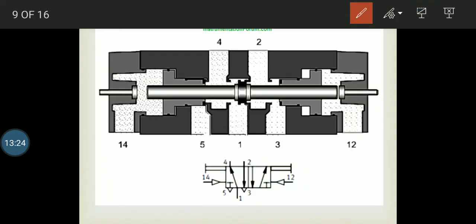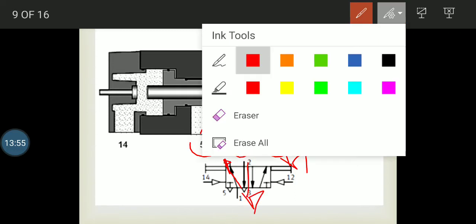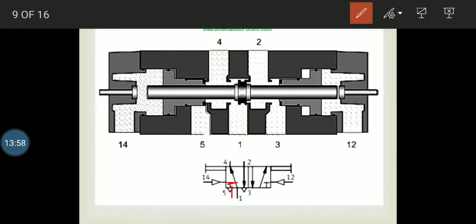And when I am talking about the directions, for the first port, this is 1 2 3 4 and 5. The piston is in the center. For the first port, we will have a direction from 1 to 4, which will result like this, okay. Then for the second section, we are having a motion from 2 to 3 in the backward direction. So 2 to 3 in the backward direction, and 5 will be completely closed.